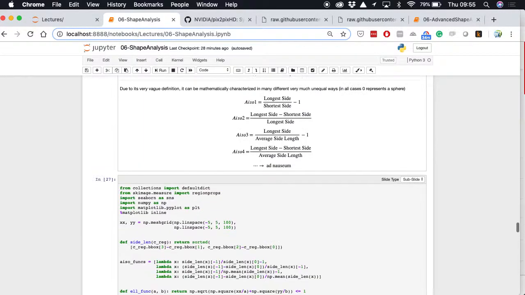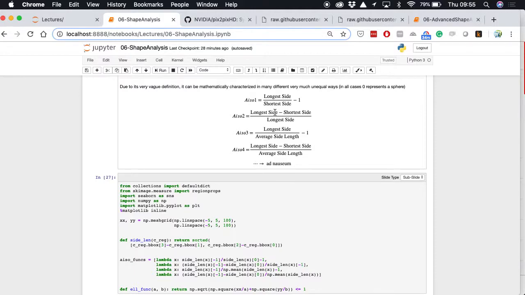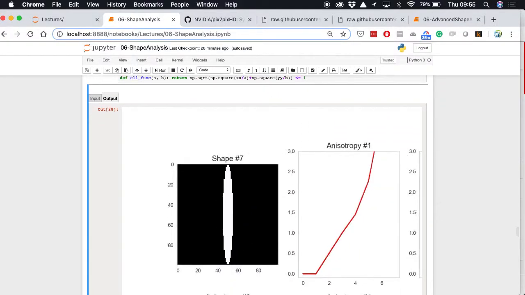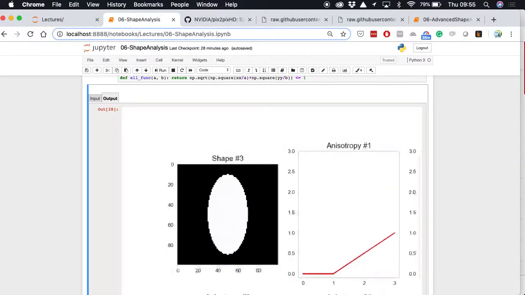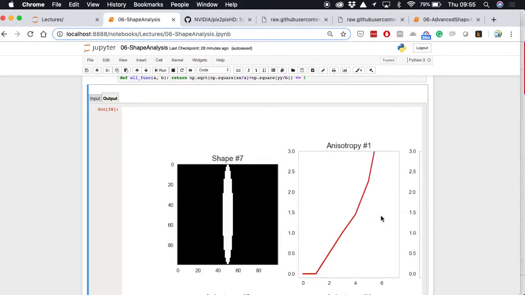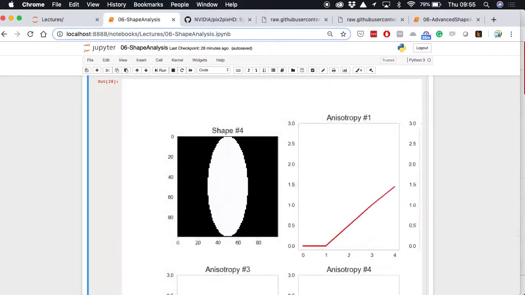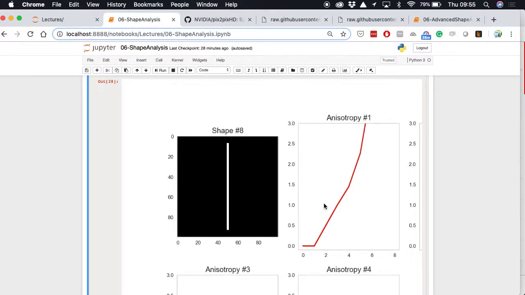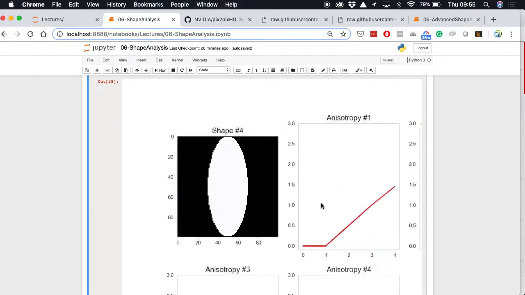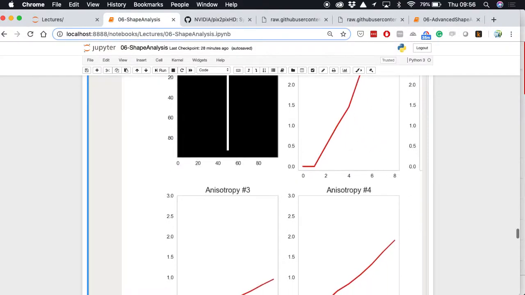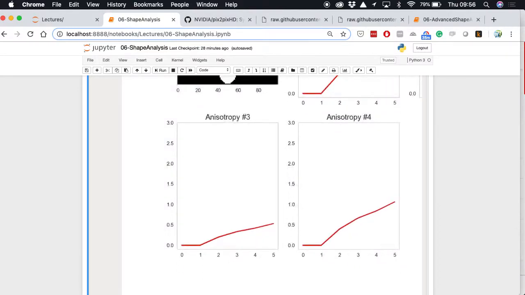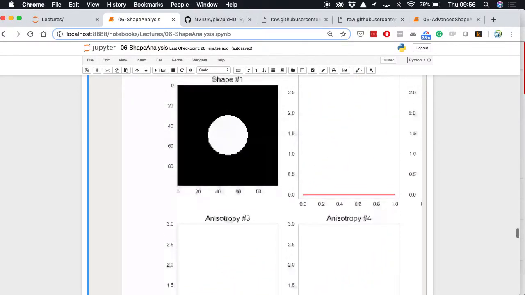If we go to that first formula, we see it's the longest side over the shortest side. And so as the shortest side gets close to 0, this value goes up to infinity. So this one could be useful, but it explodes very quickly, so it's not necessarily a very stable result. If we look at some of these other ones,